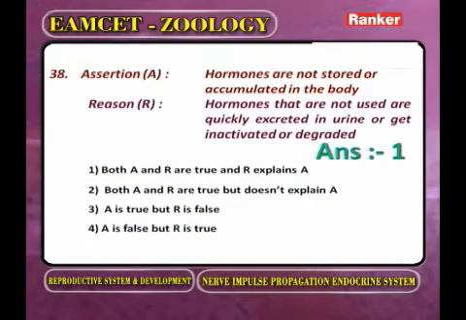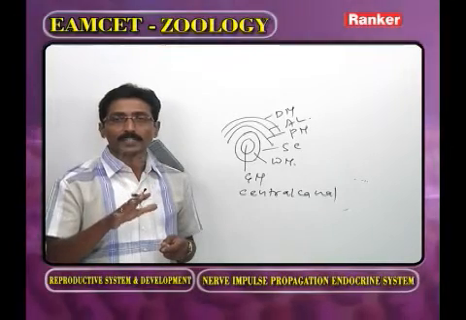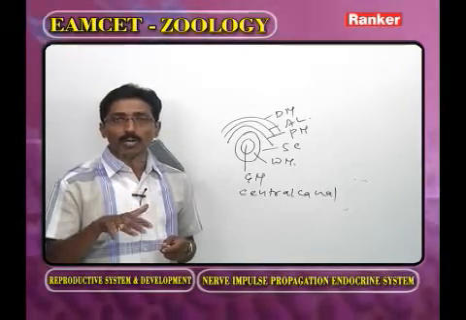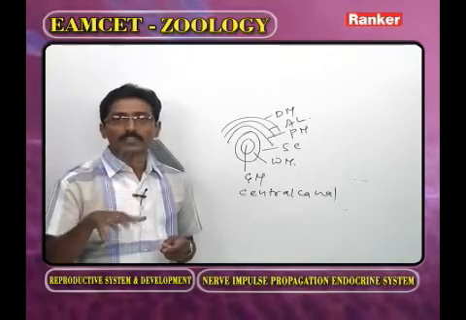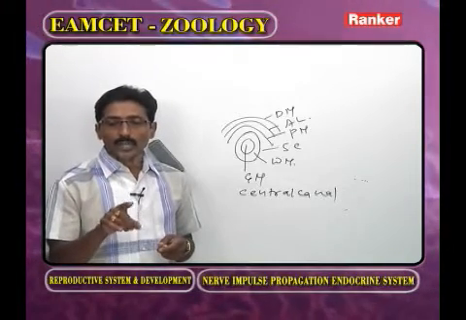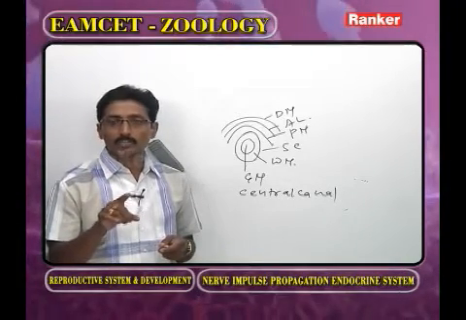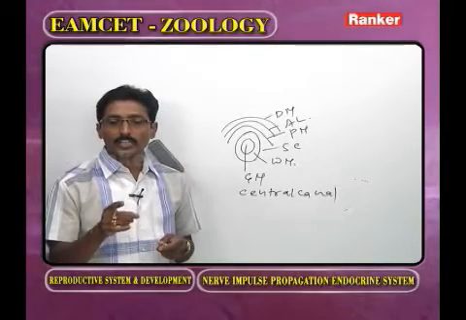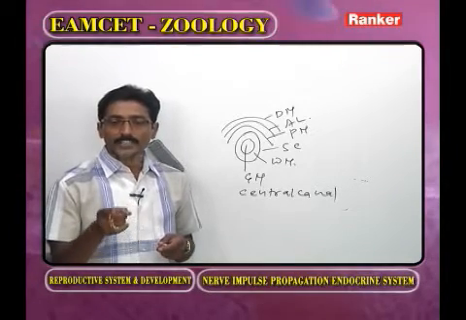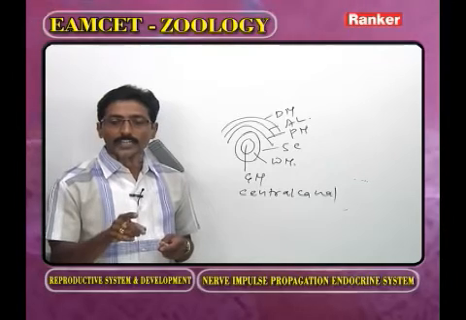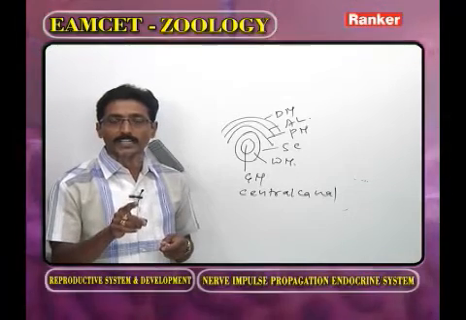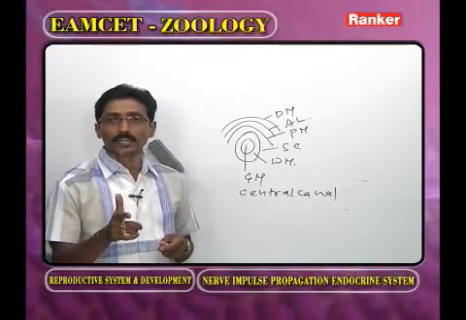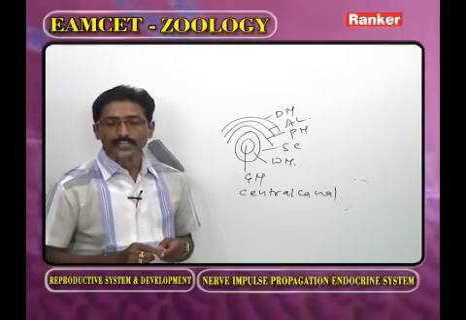Hormones are not stored or accumulated in the body. Once the action of the hormone is completed, it is not stored in the body. It comes out along with the urine. So hormones are not stored or accumulated in the body because hormones that are not used are quickly excreted in urine or get inactivated or degenerated. So both are correct. R explains A. The next one is